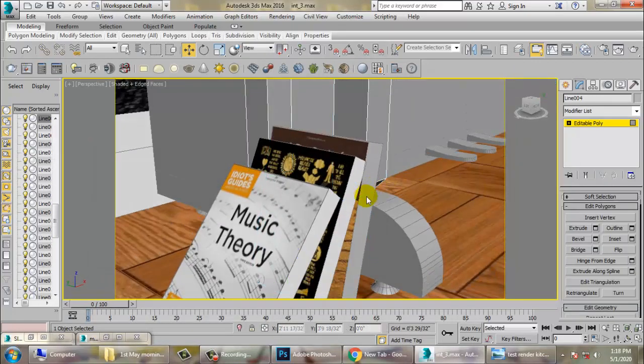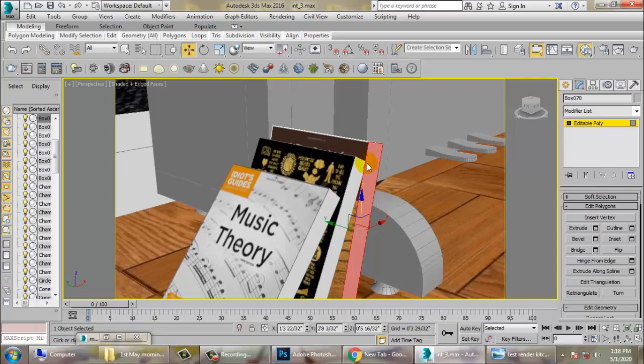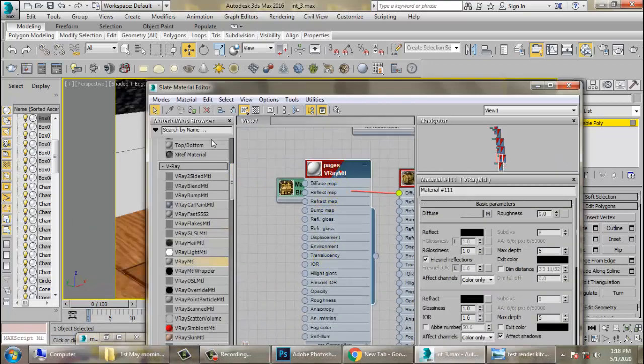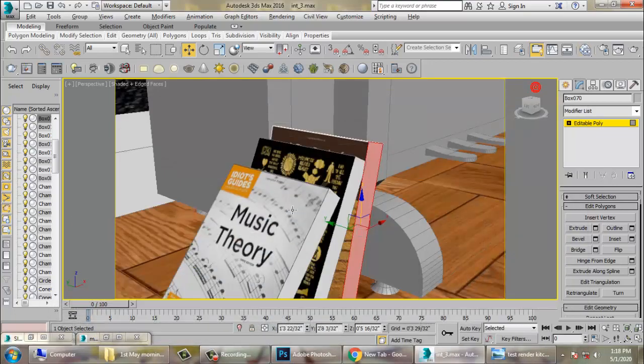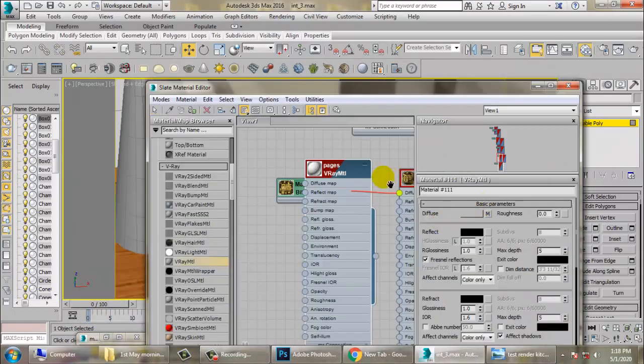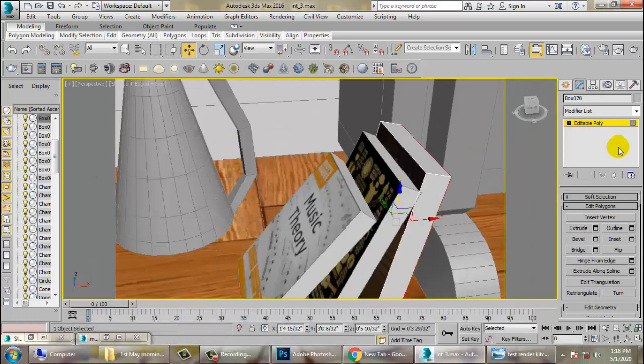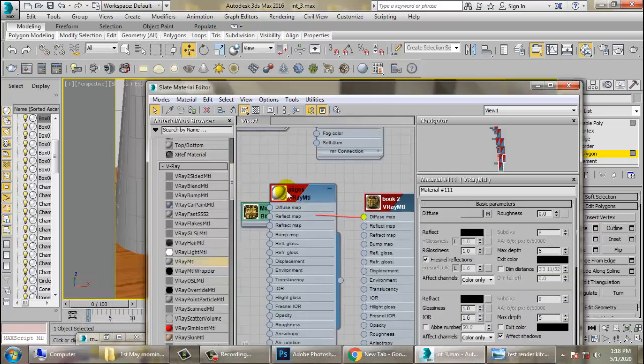press 4, material, and just assign this white color to it. Select this material and assign this. So for the top part also we need to assign this white color.